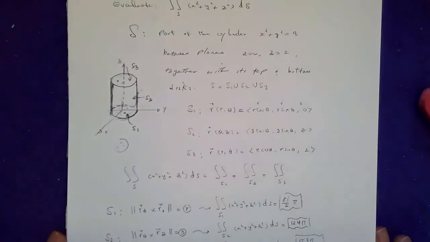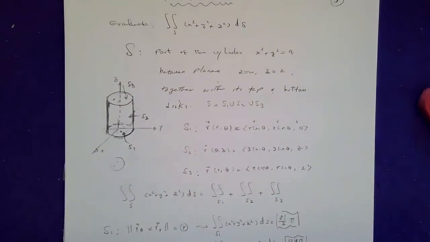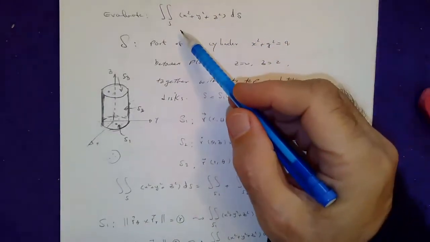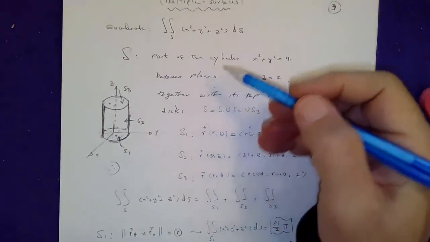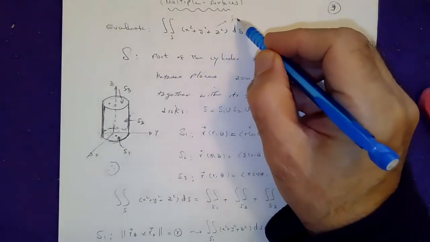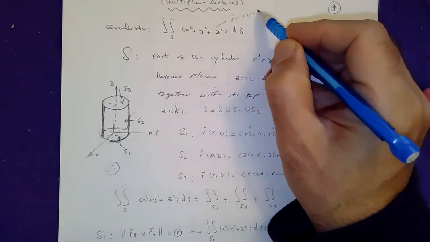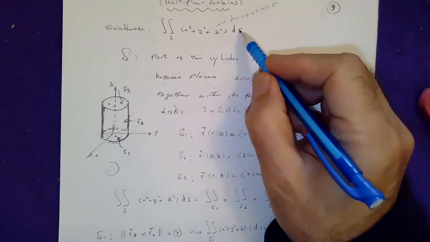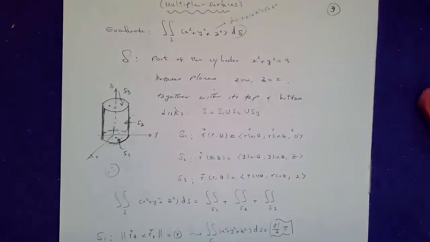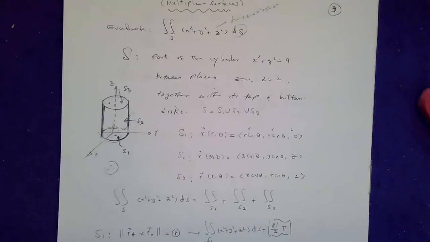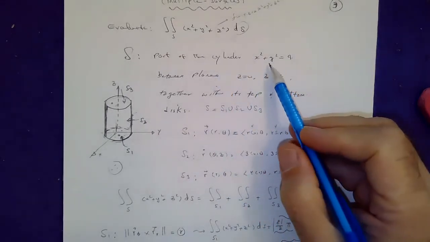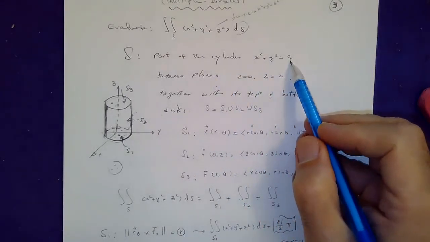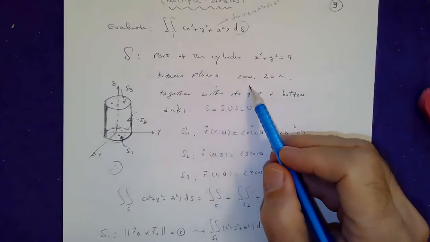Sometimes we have multiple surfaces, okay? Then they want us to evaluate the surface integral. So this function f(x, y, z) is equal to x squared plus y squared plus z squared. And as I said, dS is your area element, correct? Now, S is part of the cylinder x squared plus y squared equals 9, between the planes z equal